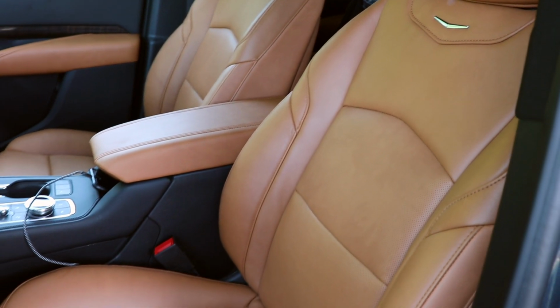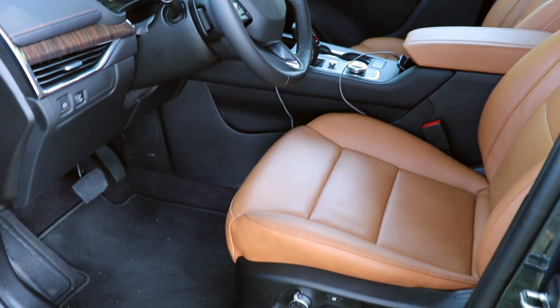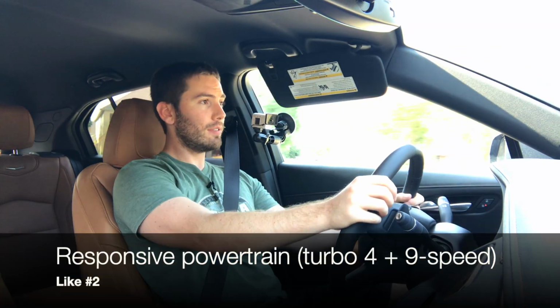In addition to the comfort, when you remote start the vehicle, if you have these, the heated and ventilated seats can automatically turn on to different levels to cool it off for you or heat it up for you. My next like, number 2, is that this 9-speed